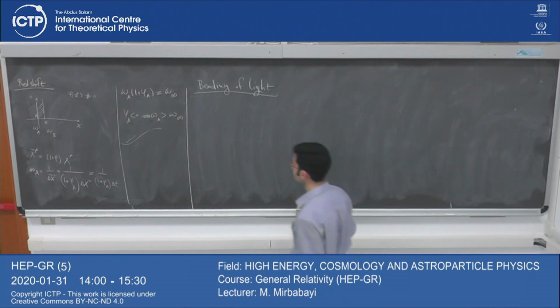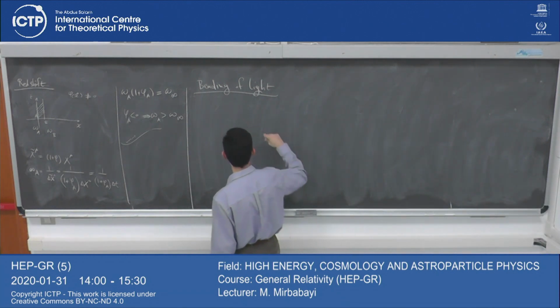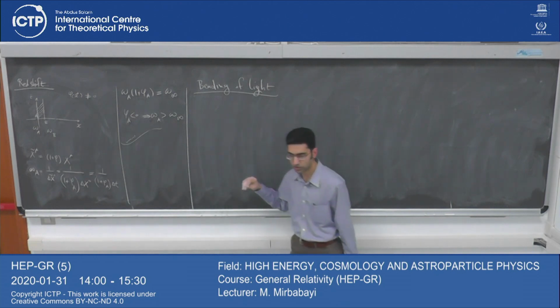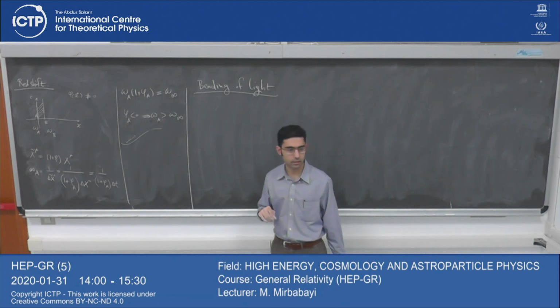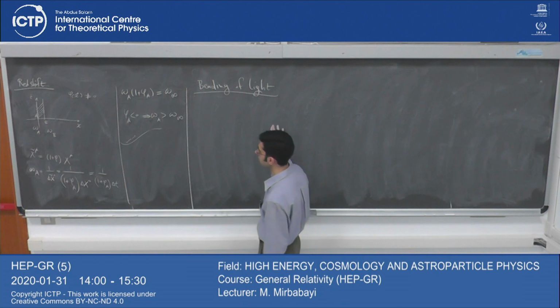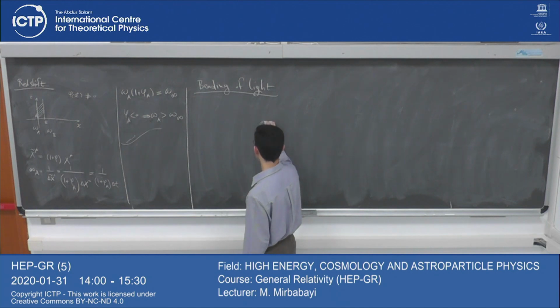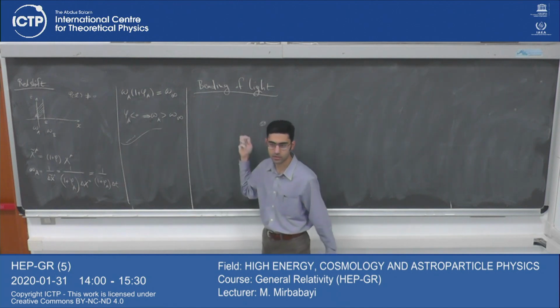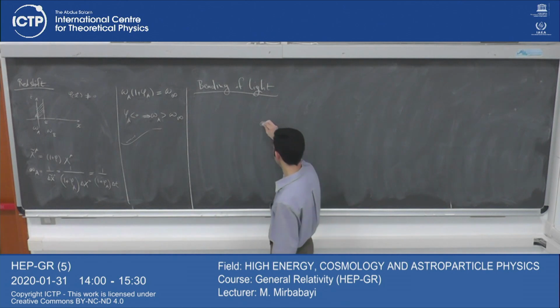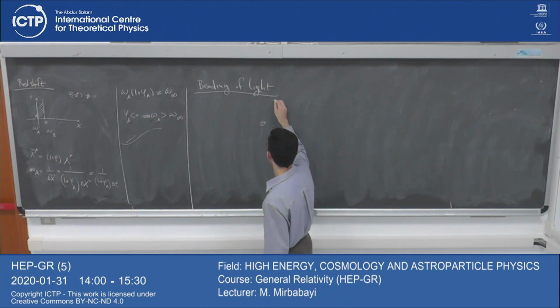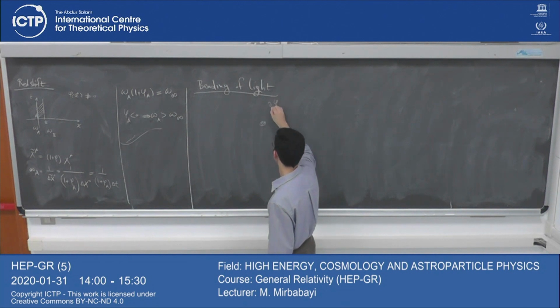Okay, so let us discuss the bending of light, or bending of the trajectories inside the gravitational field. Now we want to consider again some localized time-independent gravitational field. Say we have the sun, it has some gravitational field, it produces some phi here,